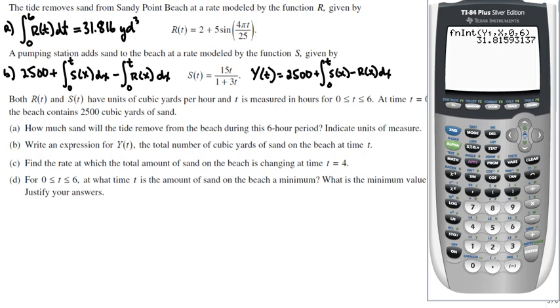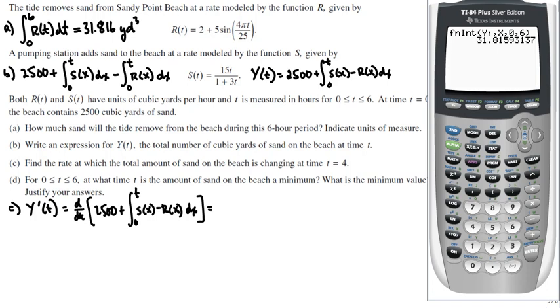For part C, it asks find the rate at which the total amount of sand on the beach is changing at time t equals 4. Well, the total amount of sand on the beach is given by y of t, and the rate at which that amount is changing is going to be y prime of t. And so that is the derivative of 2,500 plus the integral from 0 to t of s of x minus r of x dx. And by the second part of the fundamental theorem of calculus, that whole thing just comes down to being s of t minus r of t,